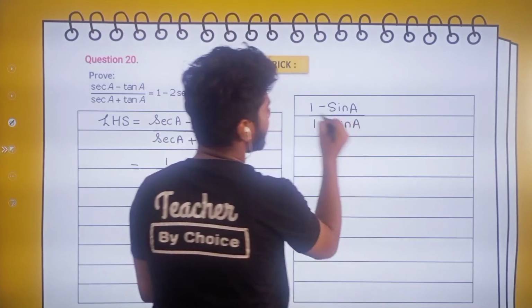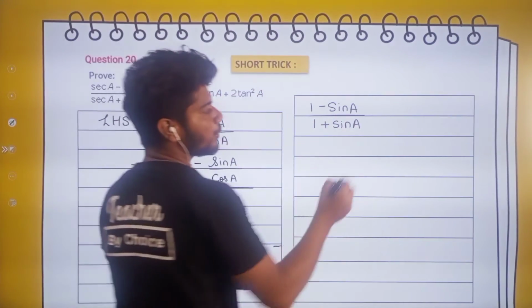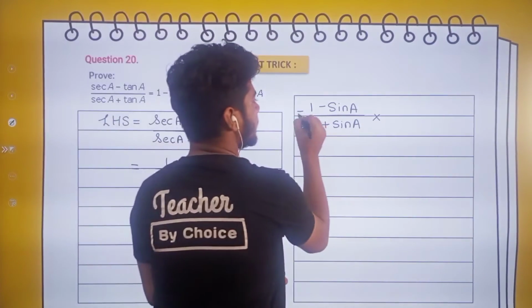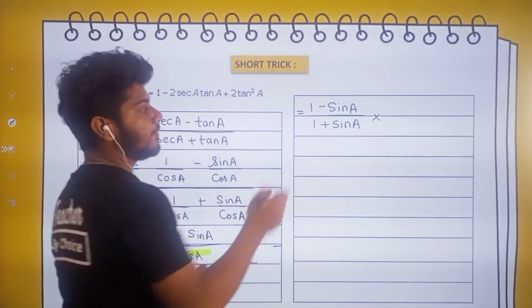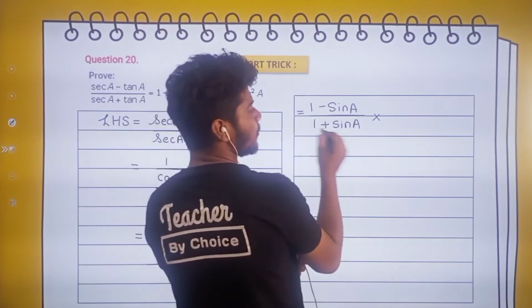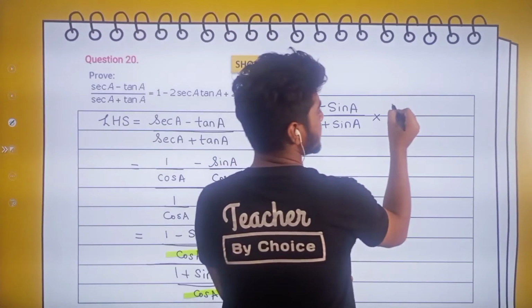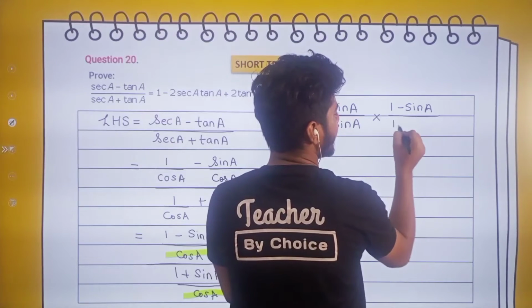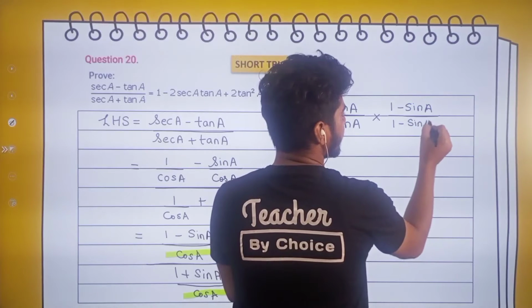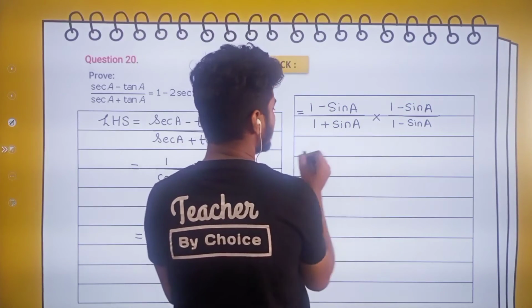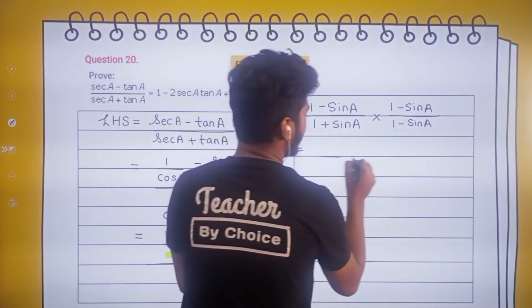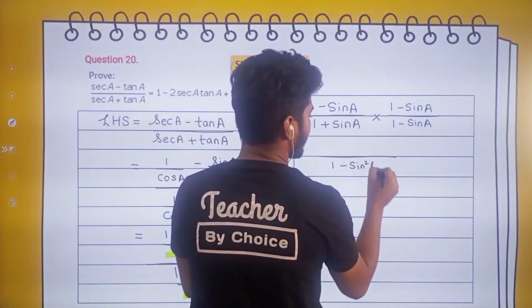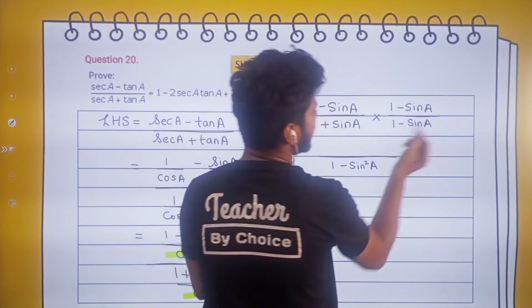See, whenever you see 1 minus sin A and 1 plus sin A, I told you to rationalize. Okay, rationalize what? Rationalize the denominator. Now, to rationalize the denominator, we'll rationalize with the opposite sign. Okay, what is the rationalization factor of 1 plus sin A? 1 minus sin A. Okay, so you will multiply and divide with 1 minus sin A. Okay, fine. Now simplify. Now it is easier. Denominator is 1 minus sin square A. Okay, this is 1 minus sin A into 1 minus sin A.